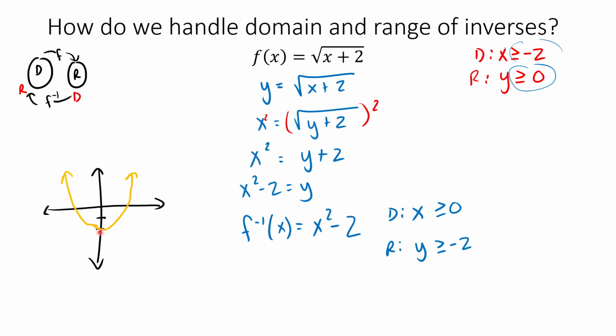Now the range looks pretty good. If you look over here, range greater than or equal to -2, so it's bottoming out. But that domain is a little sneaky, okay? It says x is greater than or equal to 0. So what that means is that the only part of this function that I want is